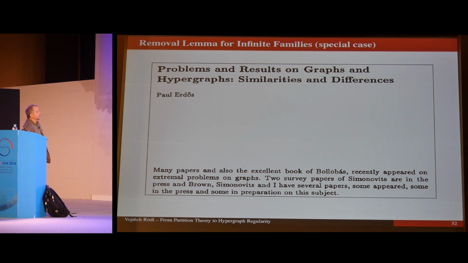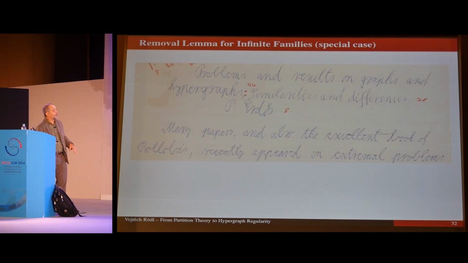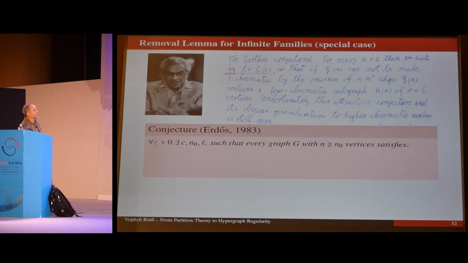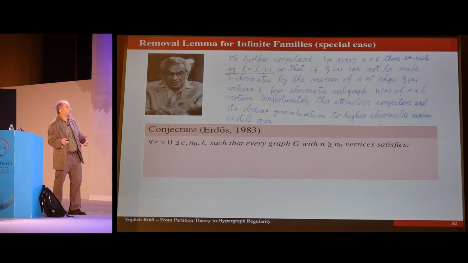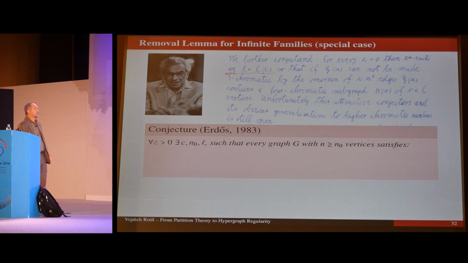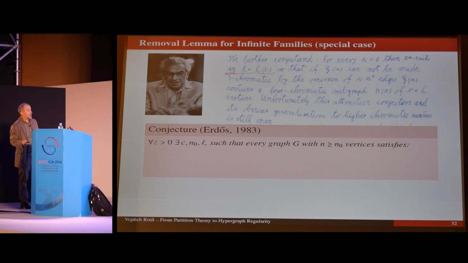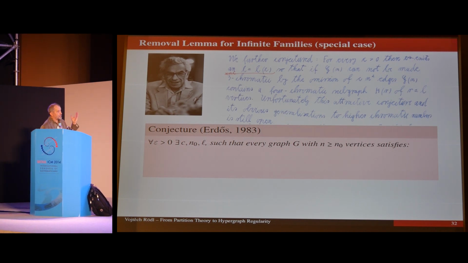So I am the owner of that manuscript, and here is his writing of that paper, and here is that conjecture. It's his conjecture from 1983, where he asked whether for every epsilon there exists